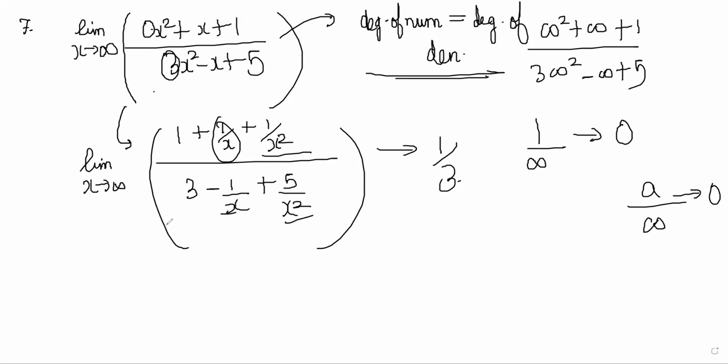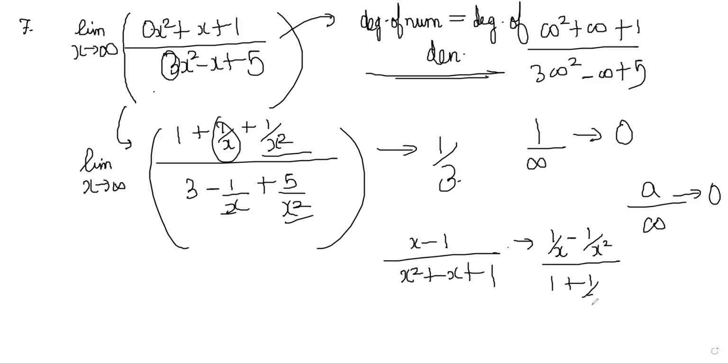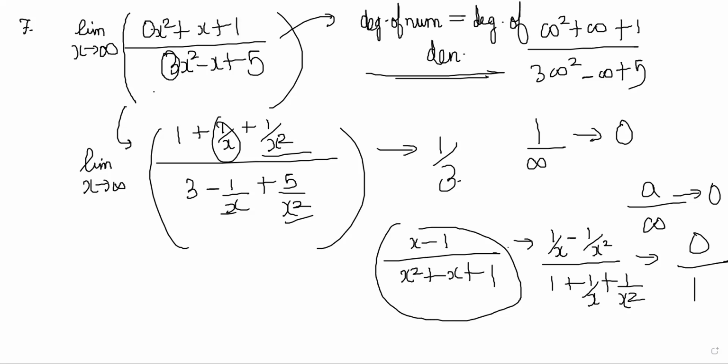However, if the degree of the numerator was less than the degree of the denominator, let's say you divided by x square, correct? Then you would have gotten 1 by x minus 1 by x square by 1 plus 1 by x plus 1 by x square, right? So you would have gotten on top 0, and denominator 1. So the answer will be 0 in that case,